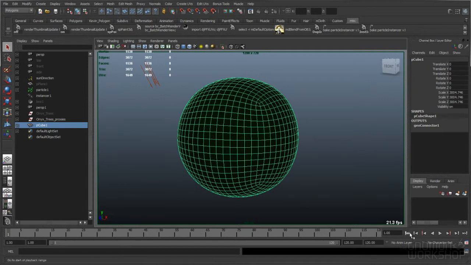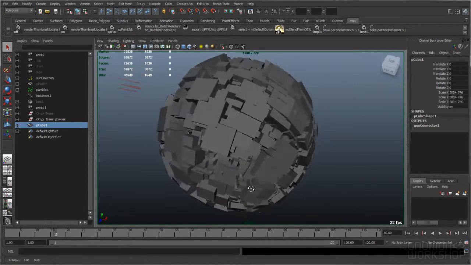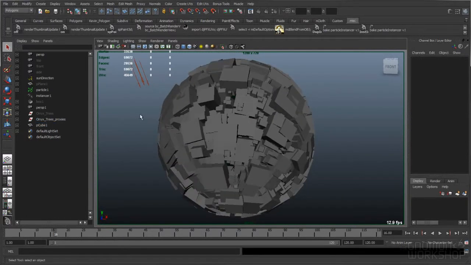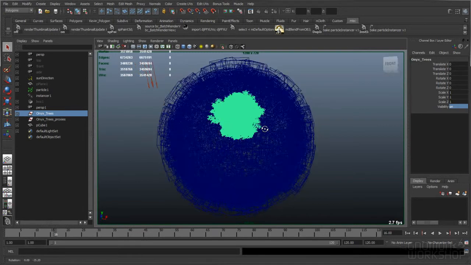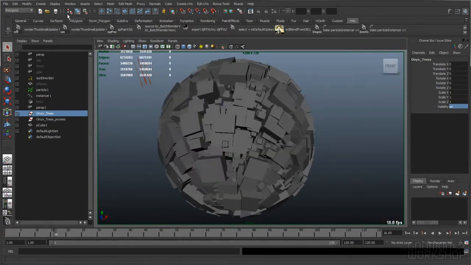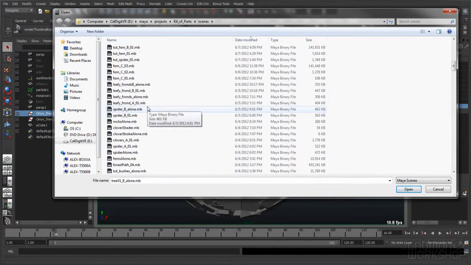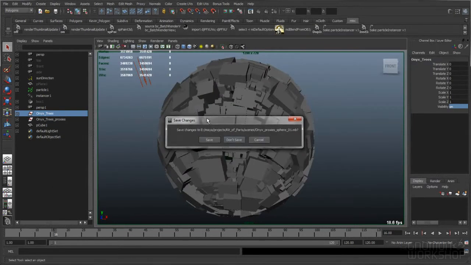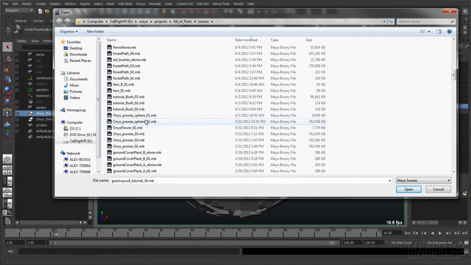Useful tip. So I made that and then made it an emitter, and I'm emitting a bunch of trees on it. This scene has the original trees in it still. You can see they're in there. If I make them visible, they're in there somewhere, right there. But if I go to the next scene, which is Onyx Proxies Spheres 02,